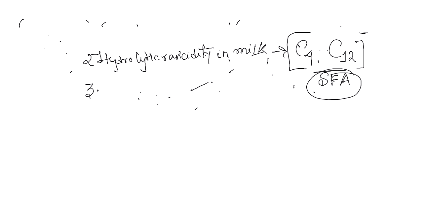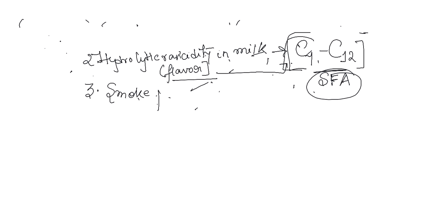Next, the third question which we will discuss is the flavor. We are getting the flavor from hydrolytic rancidity. The flavor often is rancid. That is because of mainly C4, but in the broader aspect, it is C4 to C12. Third is, when lipolysis takes place, the smoke point of oil usually will be, what happens when the lipolysis takes place? This is the topic of rancidity.